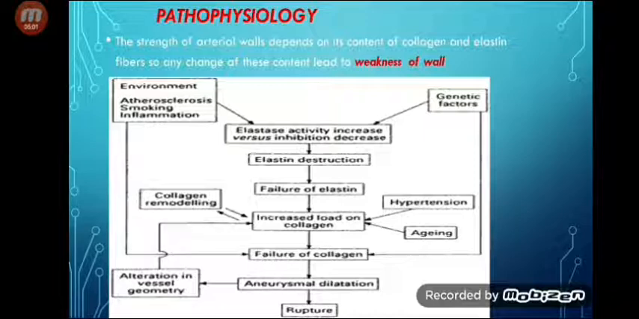Pathophysiology. The strength of the arterial wall depends on its content of collagen and elastin fibers. So any change in this content leads to weakness of the wall. This schematic picture in the slide shows the effect of genetic factors and environmental factors. These factors lead to destruction of elastin and collagen. The environmental factors